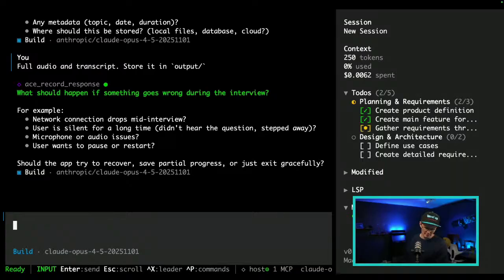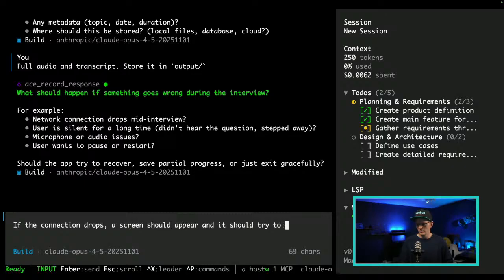Let's put one. If the connection drops, a screen should appear and it should try to reestablish connection every 20 seconds.